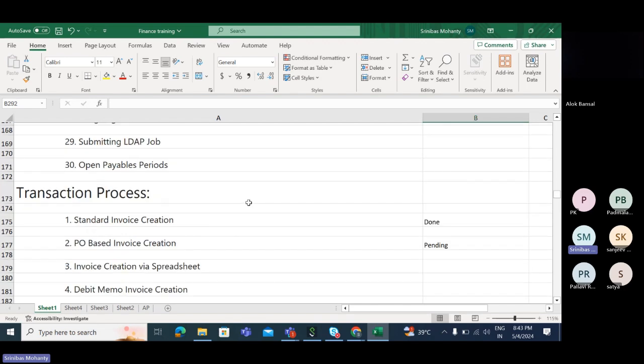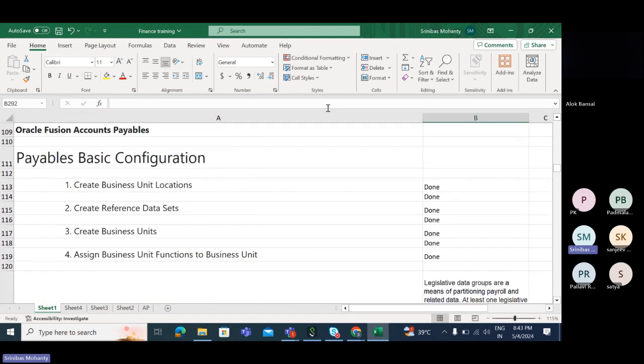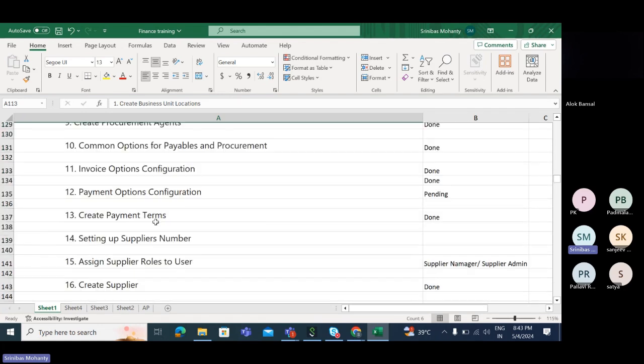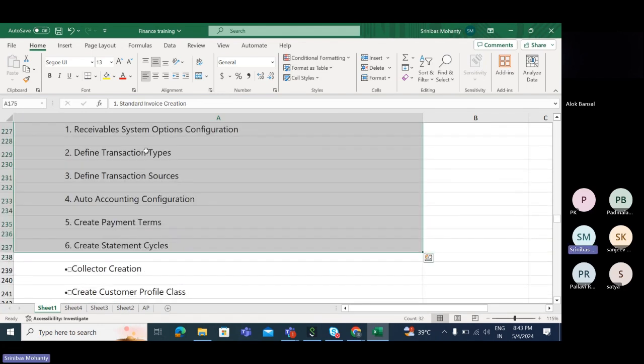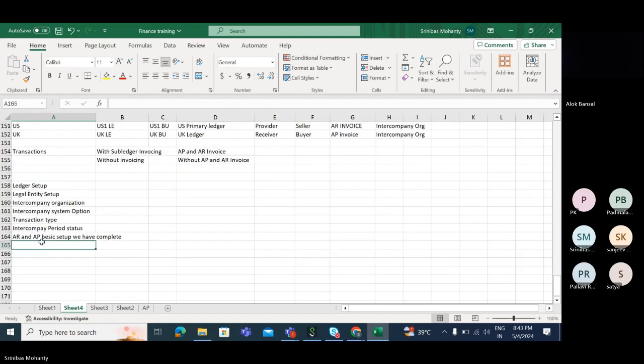To create a transaction, whether automatic or manual, these are the AP and AR setups we have to complete. Once you complete these setups, the next thing is